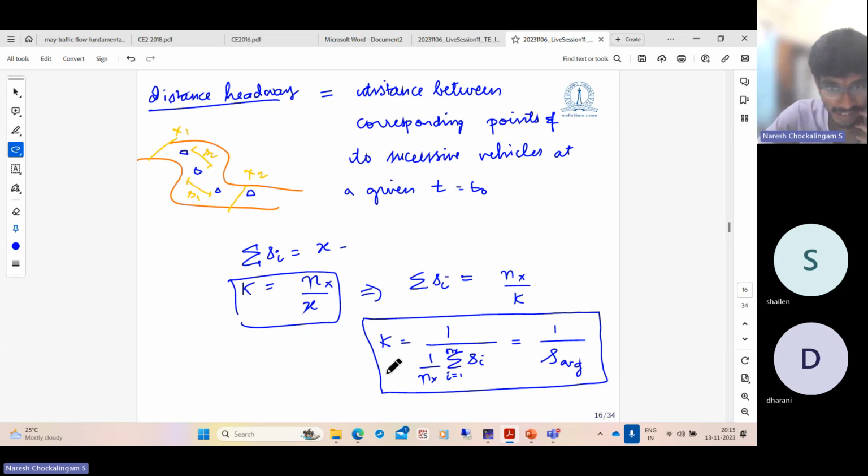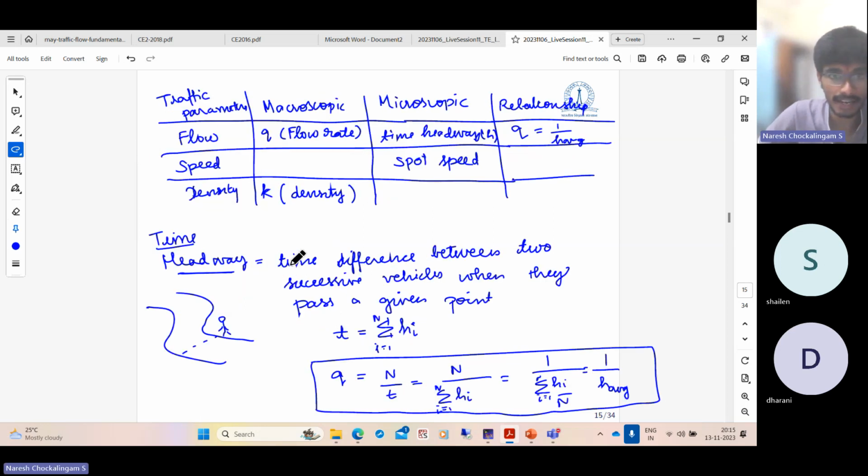K is the density at a given time instant, and S is the average spacing of two successive vehicles in the thing. So here, the microscopic parameter corresponding to density is distance headway, which is denoted by S, and the relationship is K is equal to 1 by S average. So we are running out of time. So we'll look at speed in the